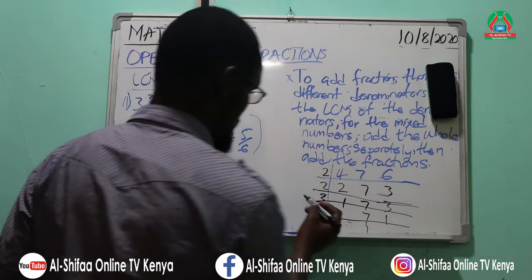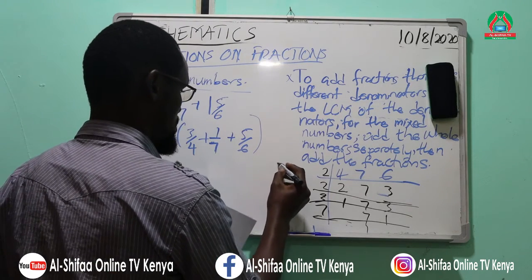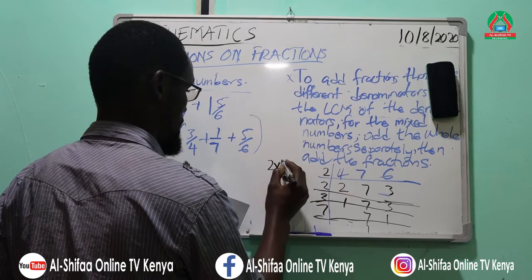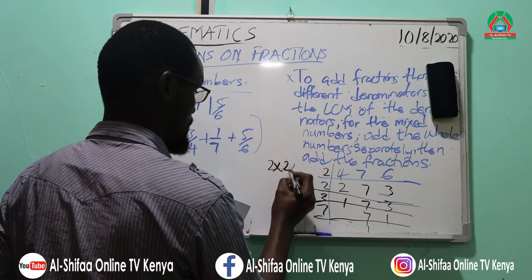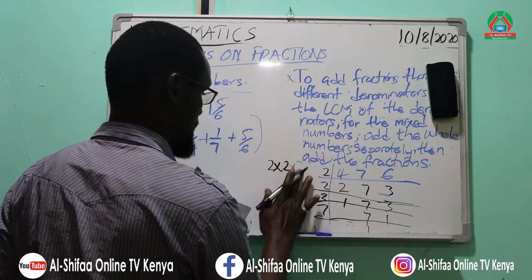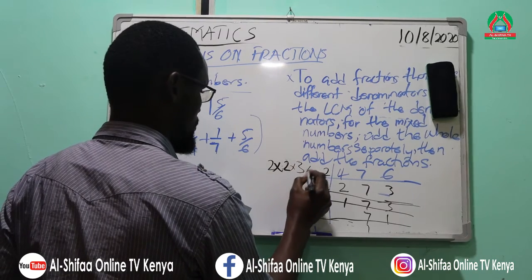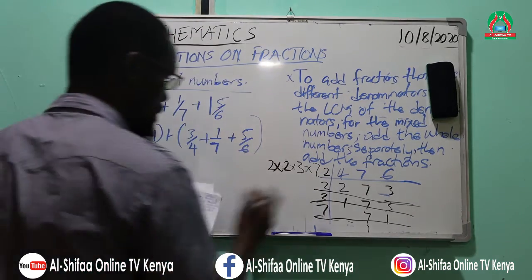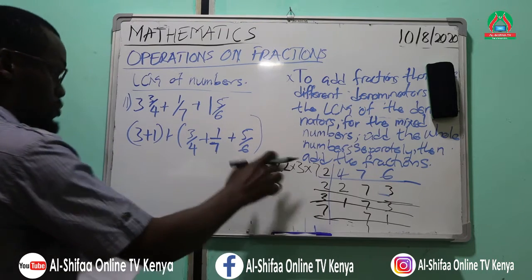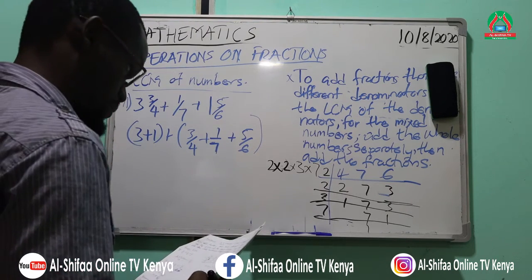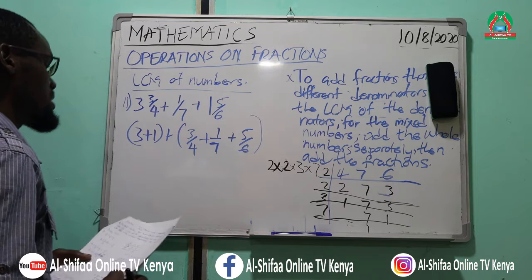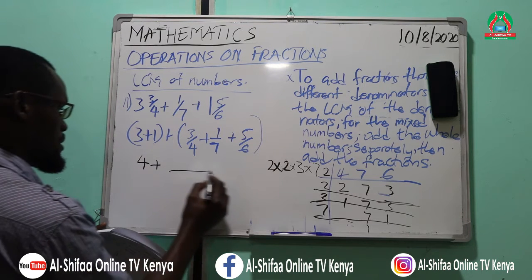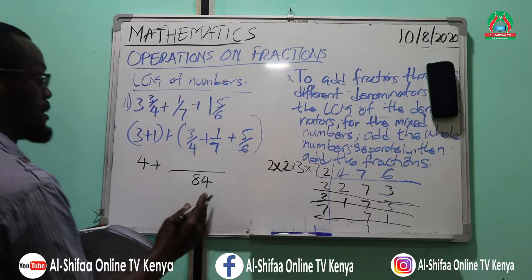So our LCM becomes 2 multiplied by 2 multiplied by 2 multiplied by 2 by 3 multiplied by 7. This is 21 times 2, we get 42, times 2 again, we get 84. So it will be 4 plus 84